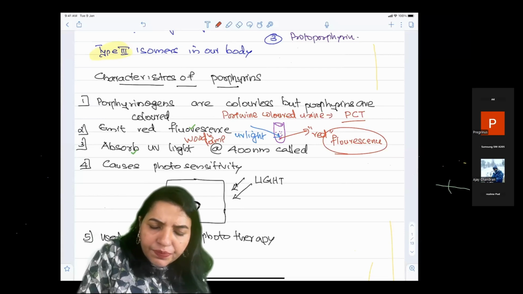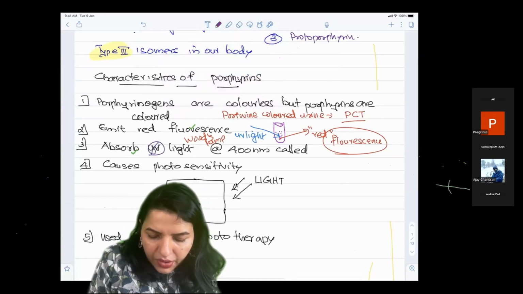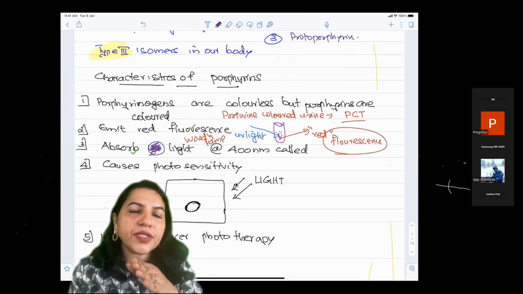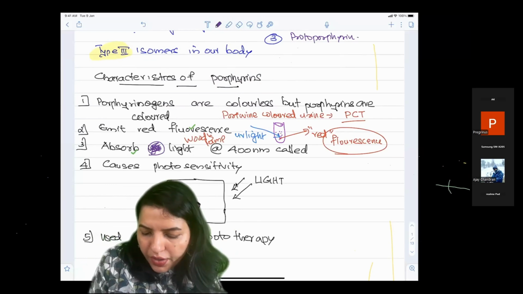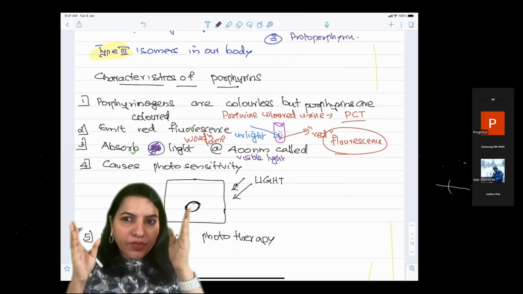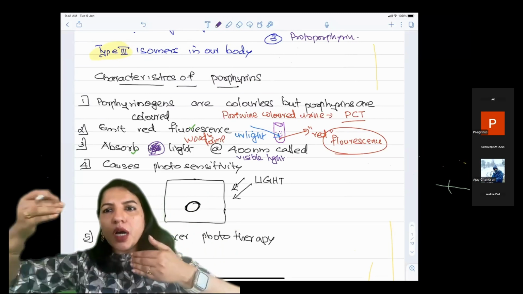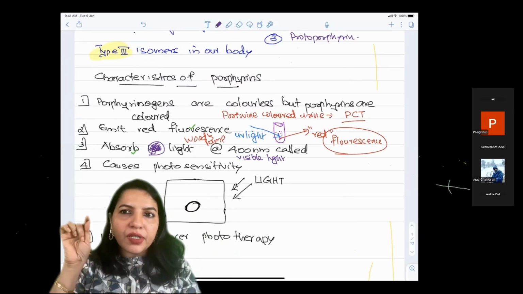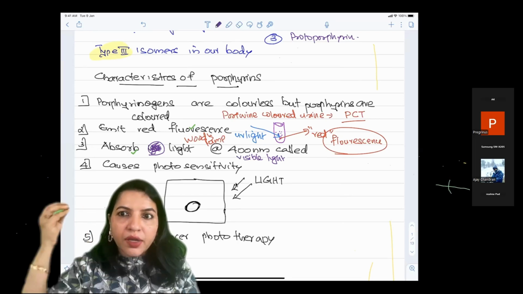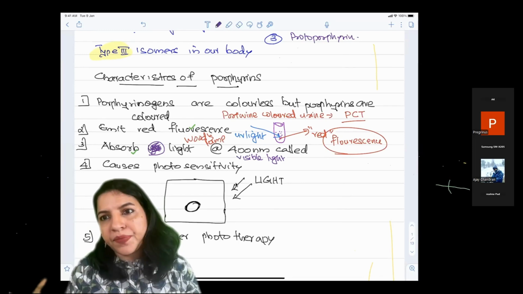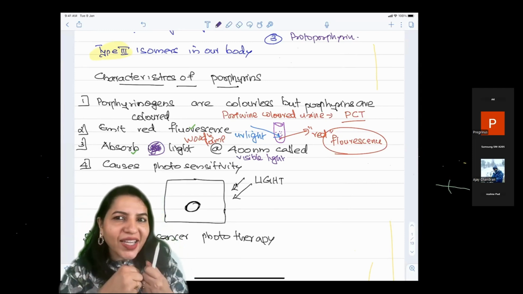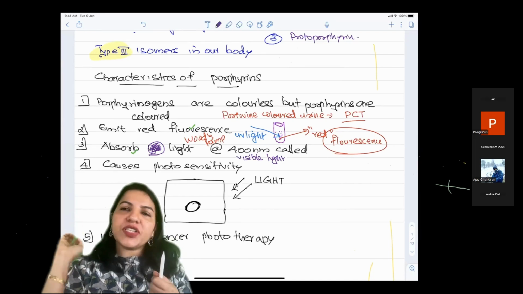Next, it can absorb light, and this is not UV light. It can absorb light at 400 nanometer, because 400 nanometer is not UV range. This 400 nanometer is actually visible light. So if you illuminate it with the visible light spectra, what will happen? What comes out after passing through this sample which is having porphyrin is that in the light which is emitted out, one particular nanometer will be missing. Which is that missing nanometer? It is 400 nanometer. So 400 nanometer will be hidden when we illuminate it with the visible light,